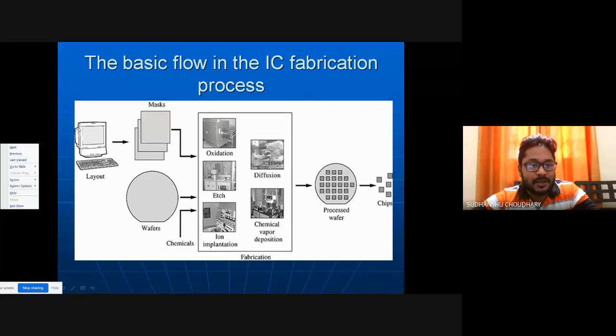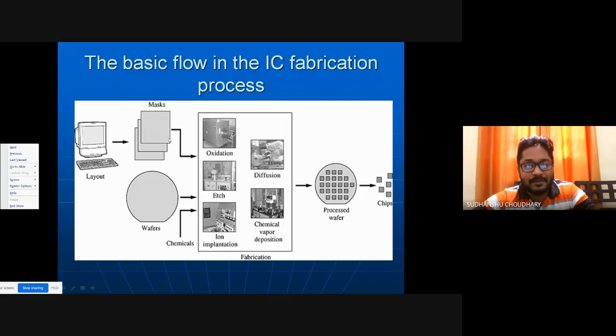That will contain the information about all devices and all components in your IC. The GDS2 netlist is obtained from the layout on the computer itself. Now that GDS2 netlist will be used by the industry to create the mask.